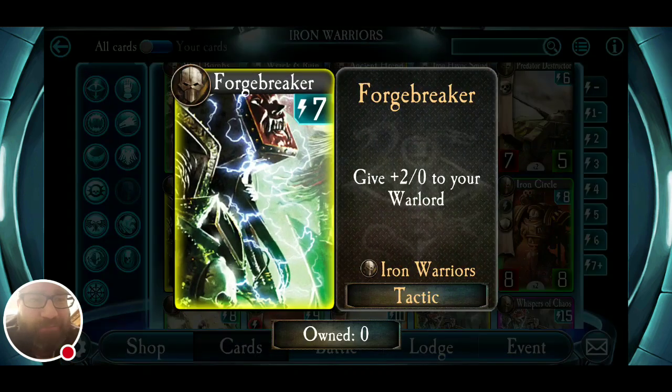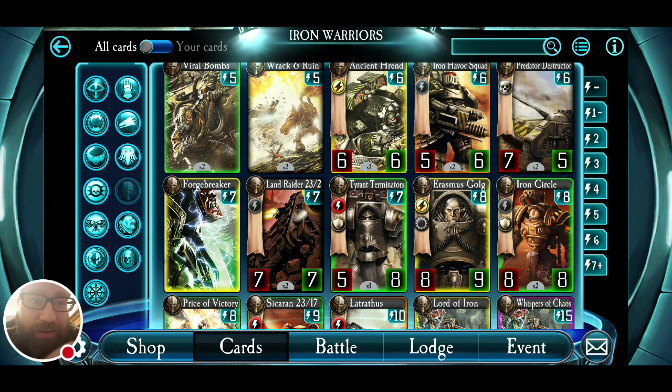Forge Breaker. I don't have this one. It's very basic, I want to say basic, but as far as legendary goes, it gives +2/+0 to your Warlord for 7 energy. So you can turn your Warlord into a 4 attack. Okay. If I had it, I don't know if I'd include it in every deck. I like war gear. I like upgrades, especially legendary upgrades, they're usually very neat. I think Forge Breaker is probably the one legendary that is situational in the faction,